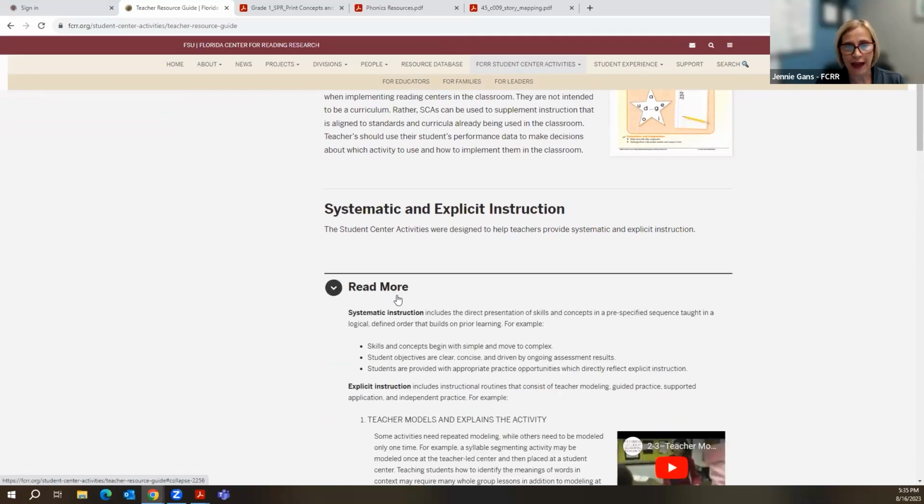When you click on them, this is specifically about systematic and explicit instruction. Remember, these children have to learn how to use these activities like they learn how to do anything else in the classroom. They have to be explicitly taught that skill so that they become functional activities for you to use in the centers. And we want center time in and of itself to be a positive, functional, good experience where all students are engaged, whether they're working at the teacher center or they're working at student centers.